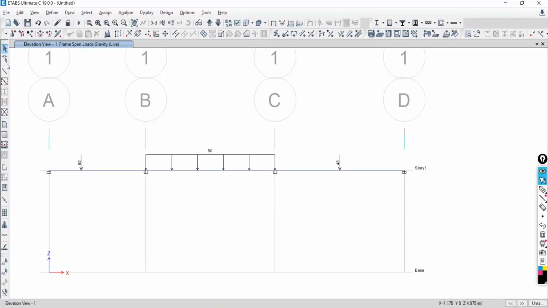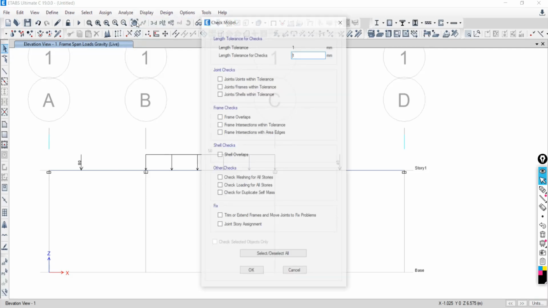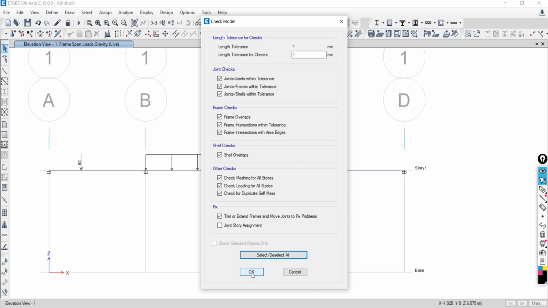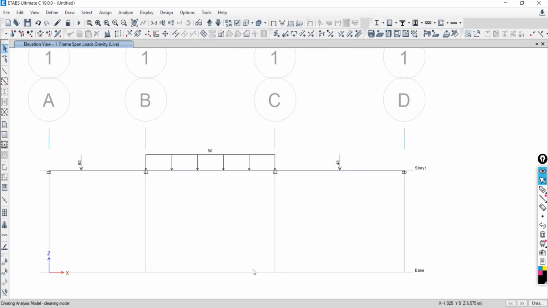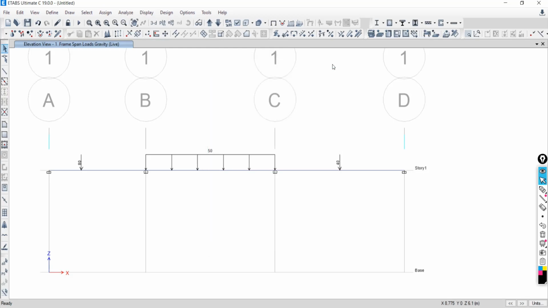Now go to analyze. After completion of the modeling, check your model whether there is modeling error or not. Check this model, select all of this, now say OK. So model has been checked, no warning messages are there, that's well and good. Close this.